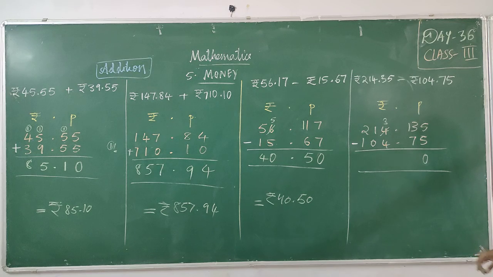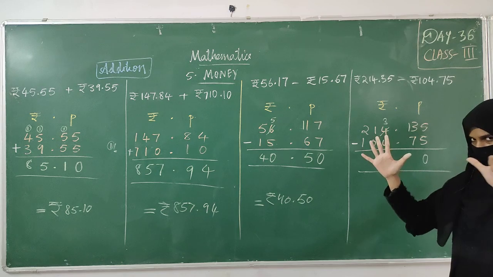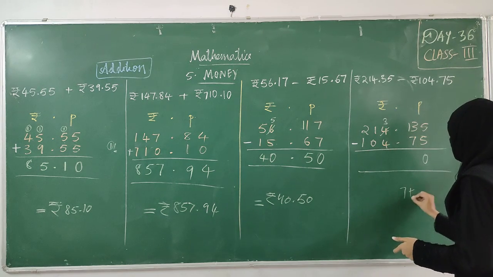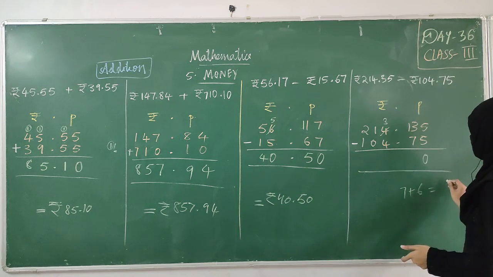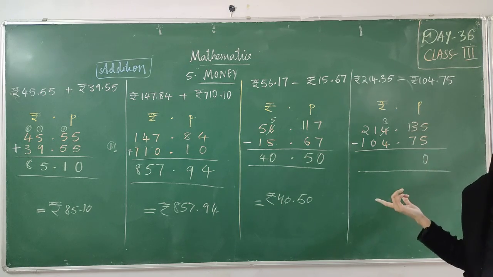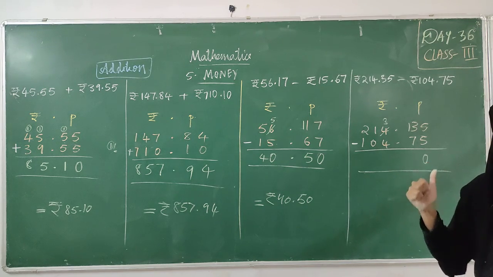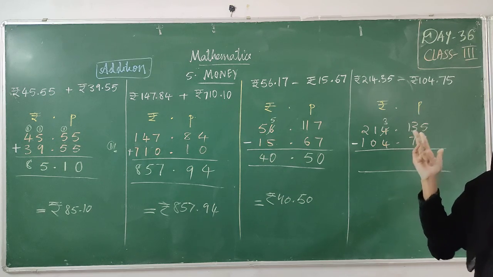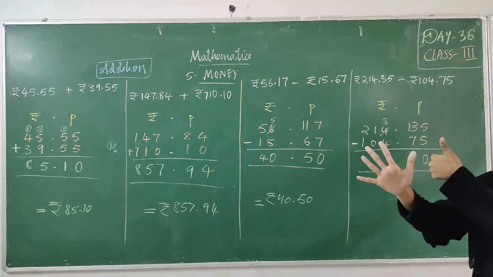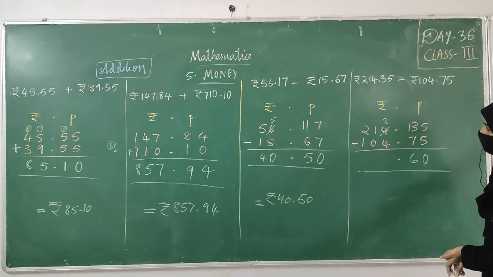Now 13 minus 7. You can't take out 13 fingers. You don't have that many. But you can count forward from 7, leaving 7. 8, 9, 10, 11, 12, 13. 6 is coming. See here, 7 plus 6 will be 13 only. So our answer is correct. What I did? We can't take out 13 fingers, so after leaving 7, I counted till 13. How many fingers are there? 6. So we'll write 6 over here. Dot. Don't forget the dots.